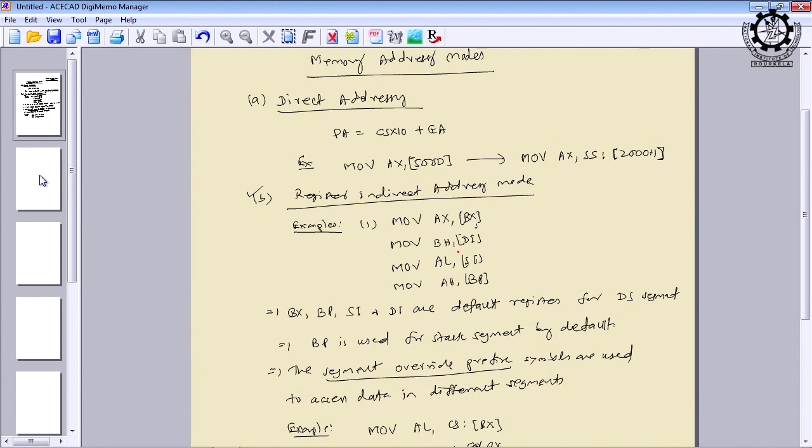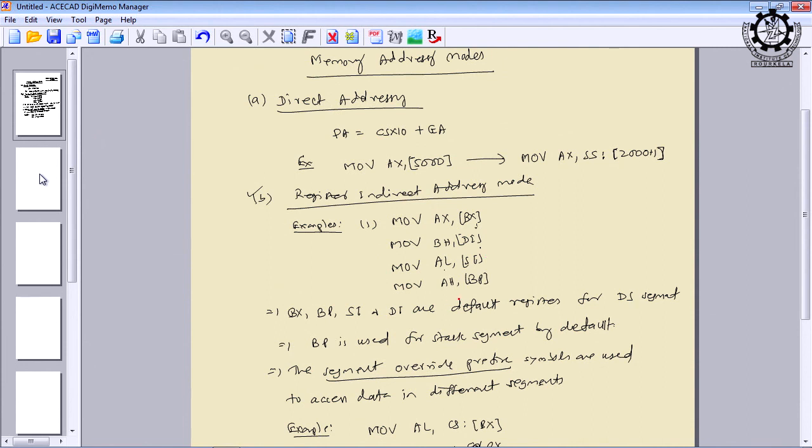Similarly, if I write MOV BH, [DI], what is the meaning of DI? Destination index, and its content is again a 4-digit hexadecimal or 16-bit binary value, which serves as the effective address. It is added with the segment register multiplied by 10H to give the physical address, and only one location's content is copied to BH, because we clearly mention BH, which is an 8-bit register. Similarly, MOV AL, [SI]. From SI you get the reference to a memory location, and its content is transferred to AL.